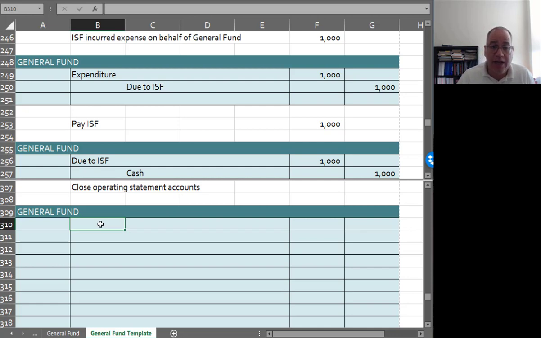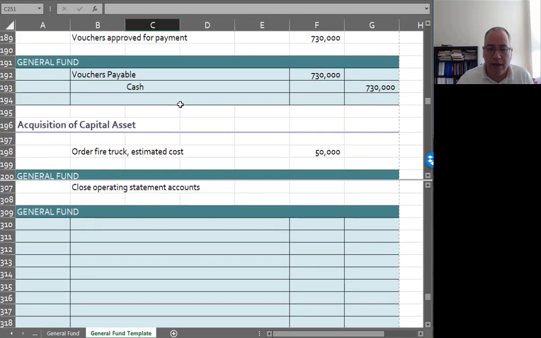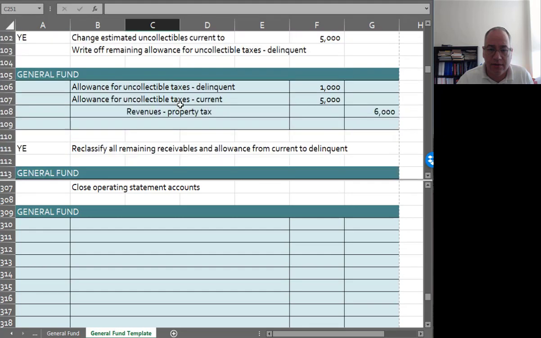a regular company. In our case, we're going to close all the budgetary accounts to revenues, expenditures, other financing sources, and other financing uses. So what were all of these accounts? Let's go back through what happened. And we had revenues from property taxes, equal to